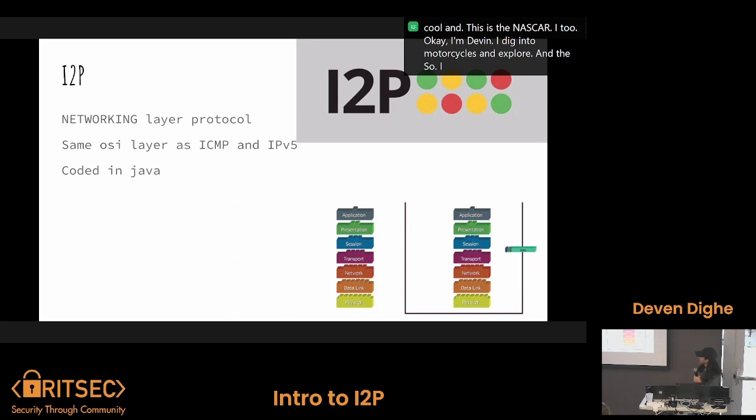I2P is an open source peer-to-peer network that lives on the network layer protocol. So this is all the way down here on the OSI layer, near ICMP and where IPv4 is.